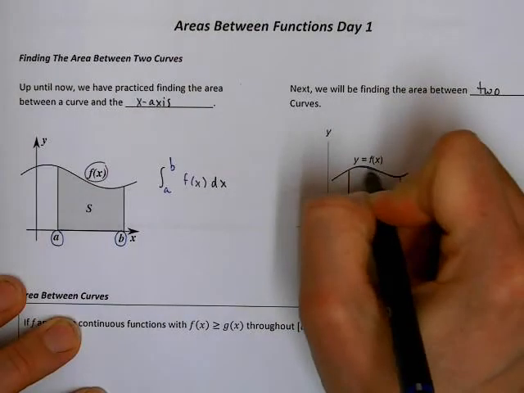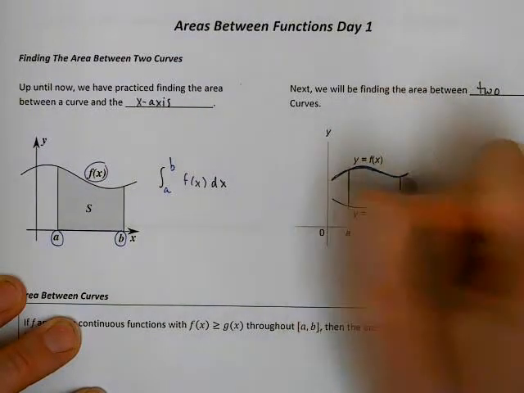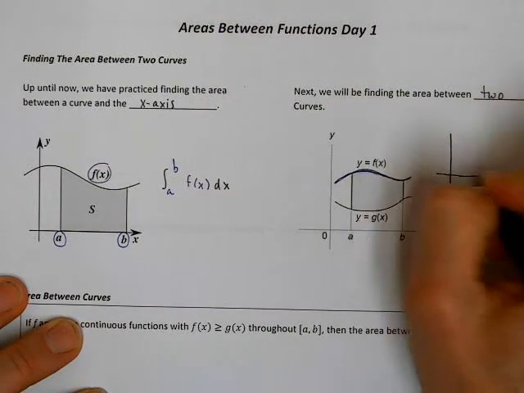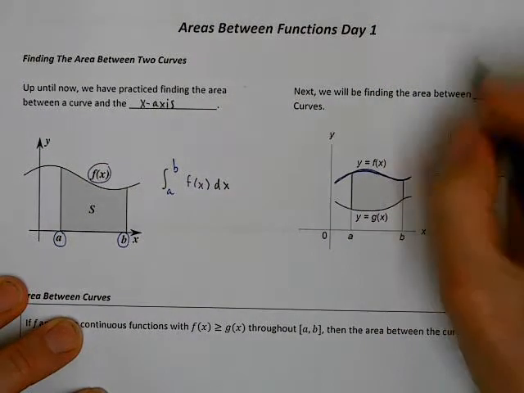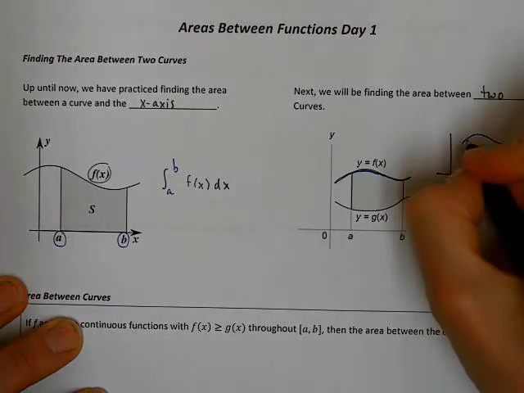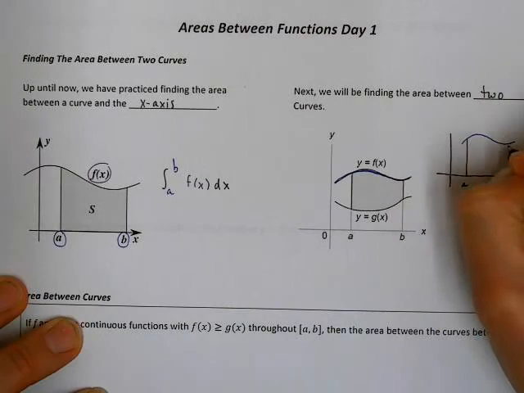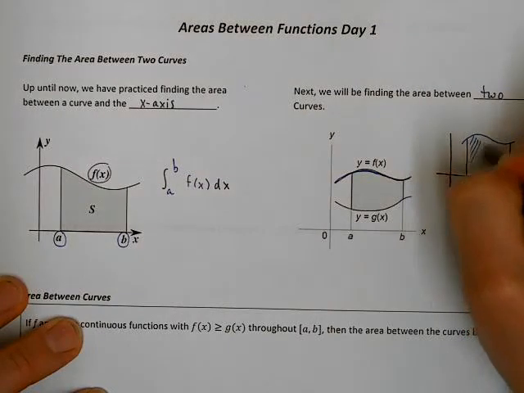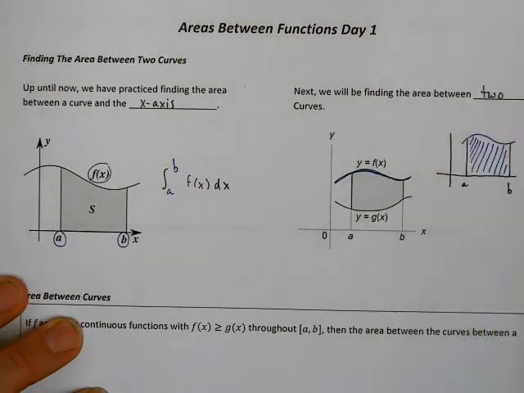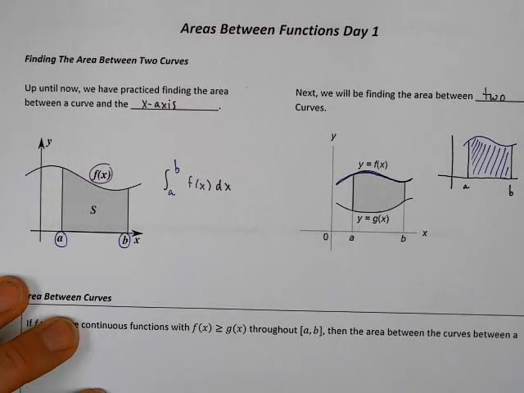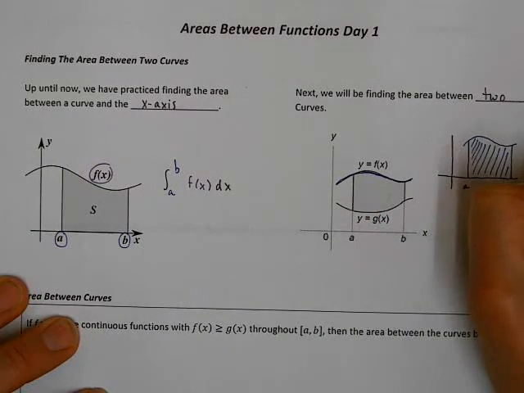So the idea here is if I could look at just the area under the curve y equals f of x, right, over that same interval, we know that would give us this whole area, which would be too much, right, because I want to get rid of this. So what we're going to do is we're going to subtract